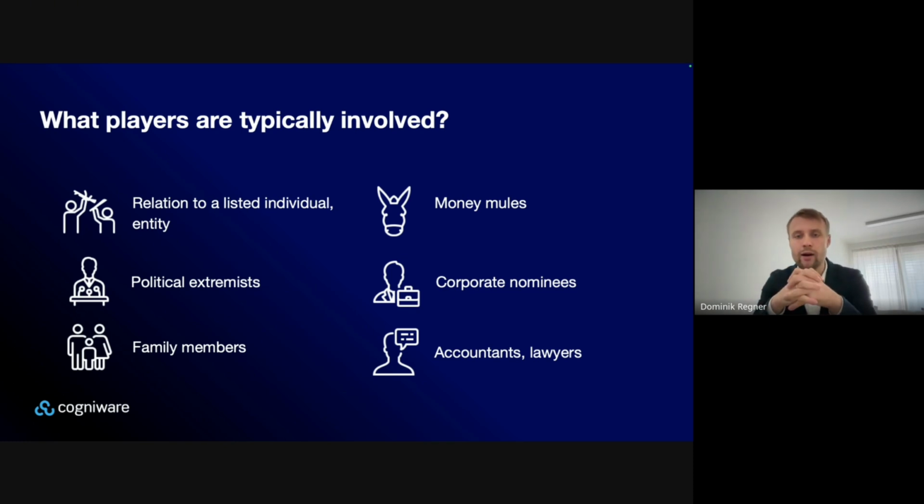Then we are talking about corporate nominees. These are another tool. Individuals with little business background, sometimes foreigners, are appointed as shareholders or managers of the companies, and this hides the real owners and the real purpose of the business.